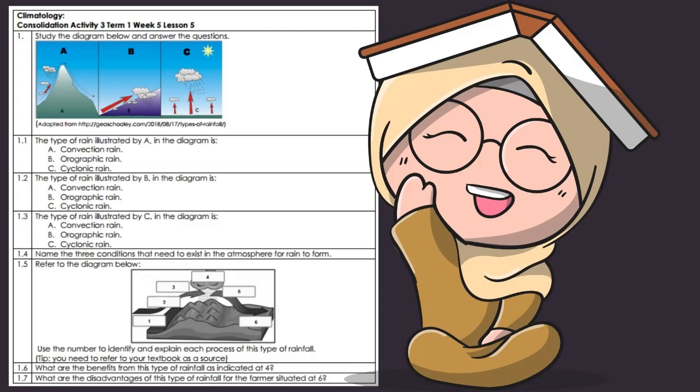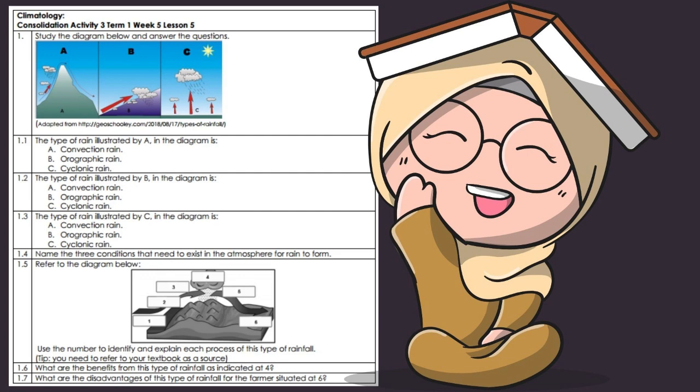Climatology. Consolidation Activity 3, Term 1, Week 5, Lesson 5. 1. Study the diagram below and answer the questions. Adapted from geoschoolly.com/2018/08/17/types-of-rainfall. 1.1 The type of rain illustrated by A in the diagram is A. Convection rain, B. Orographic rain, C. Cyclonic rain. 1.2 The type of rain illustrated by B in the diagram is